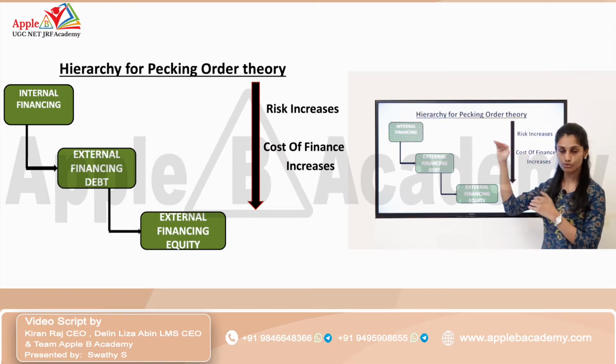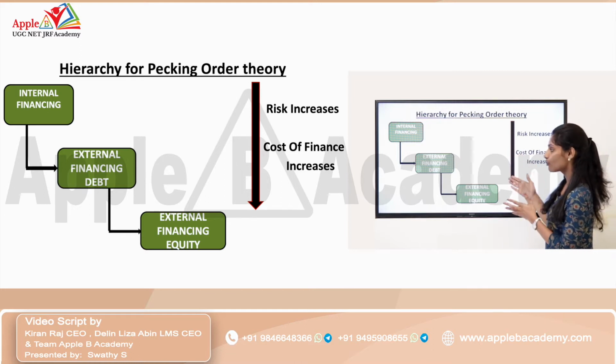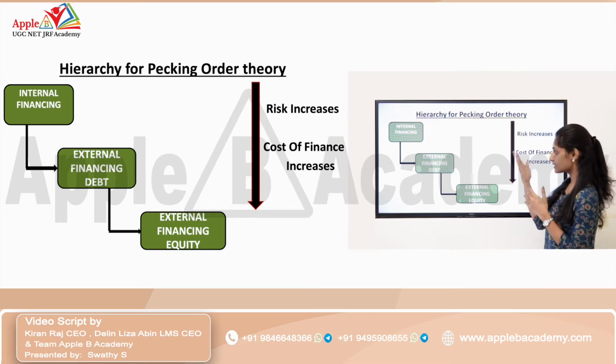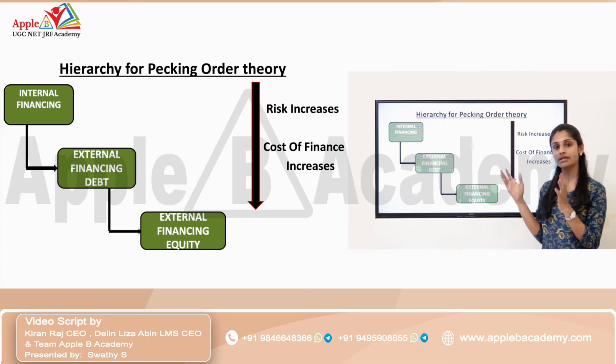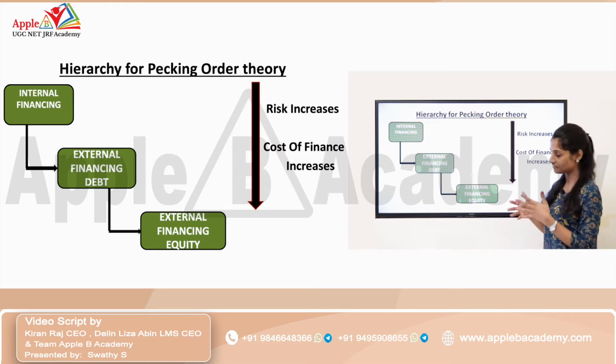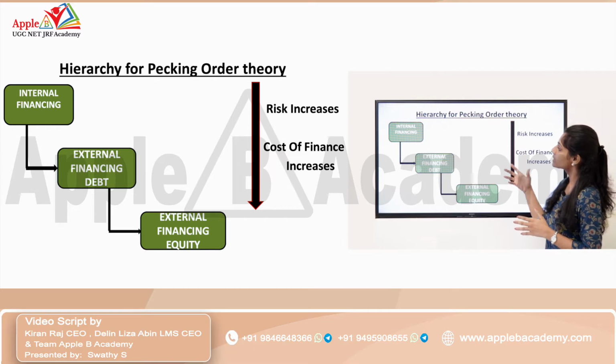First you have to go for internal financing, that is about the retained earnings. Then you have to go for external financing. Your first option should be debt. After that, once you are using debt up to a certain level, then you can go for equity. Again you need fund, you can go for equity. And how these sources are arranged is actually based on the cost of capital, how the cost is